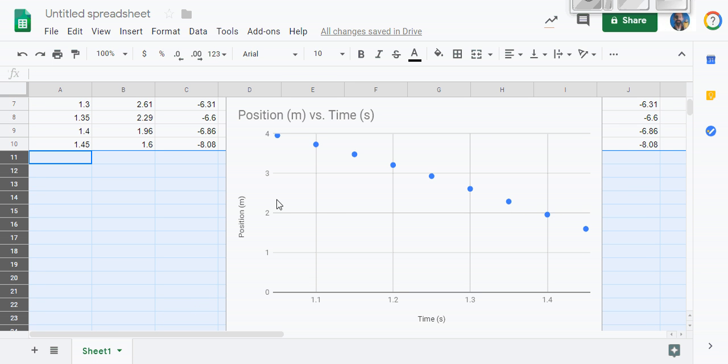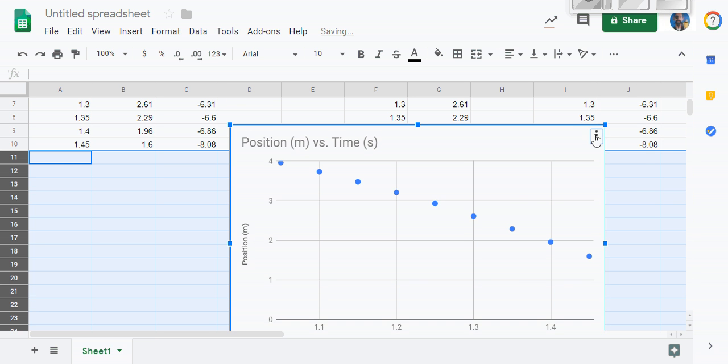My title is correct, my axes are correct, and if you look carefully, this is a line that is curving, as it should be. As the ball was falling, it was accelerating. It was a curved line. But it's not curving upwards because it's a negative velocity. It's moving downwards. If I go to edit this chart here,